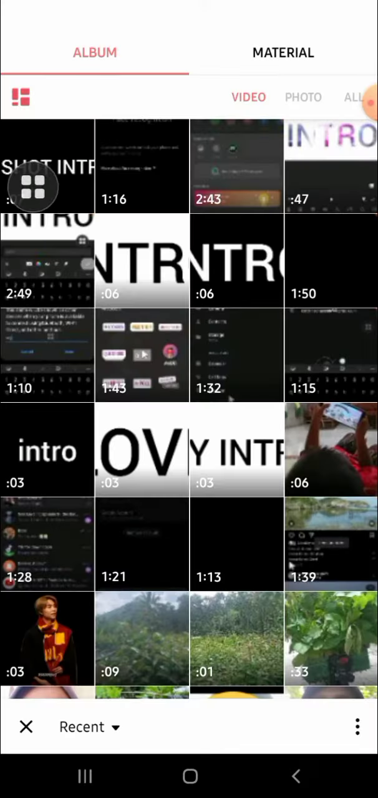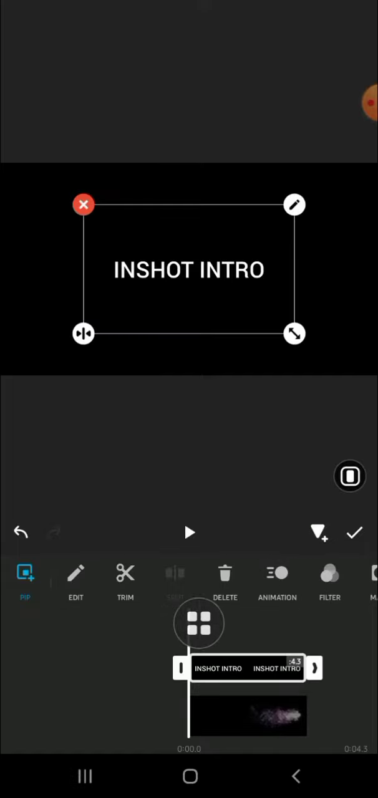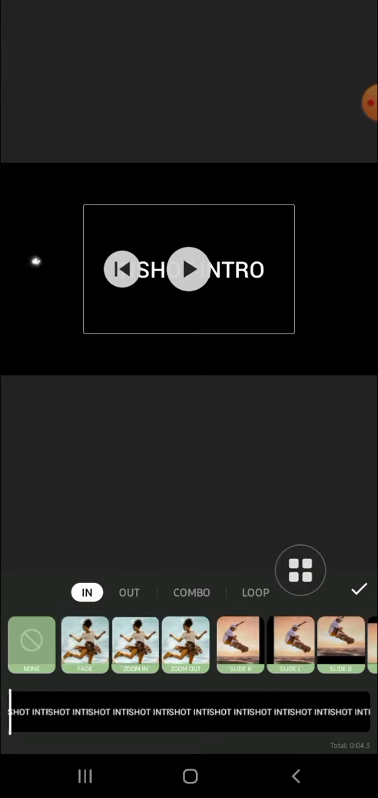Click on PIP, then I'm going to import this text video. Okay, then we can adjust the length. I'm going to cut it. Alright, and we're going to add animation to this text video. Tap on the text video, tap on animation, and there are several animation we can use for this video, but